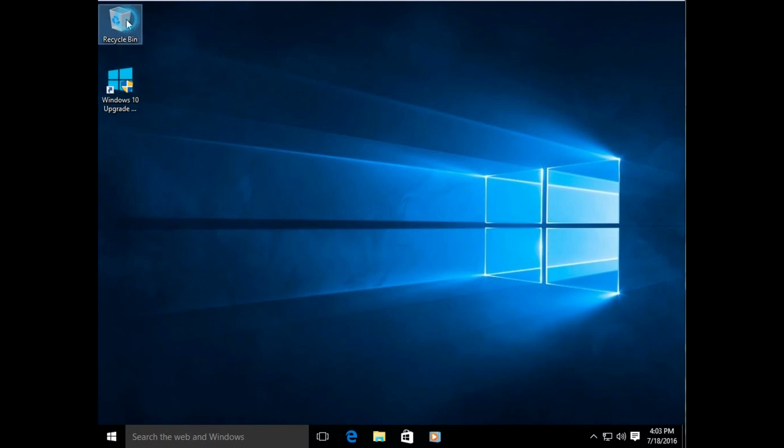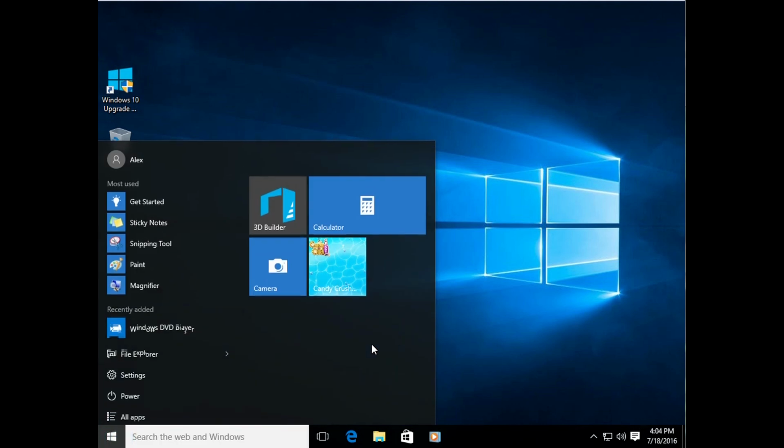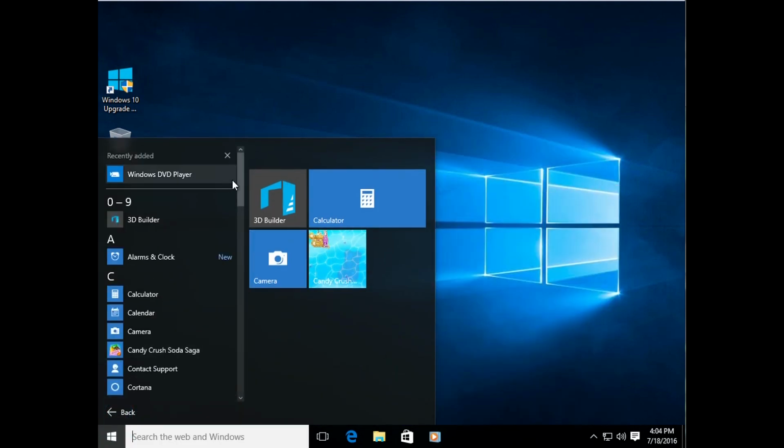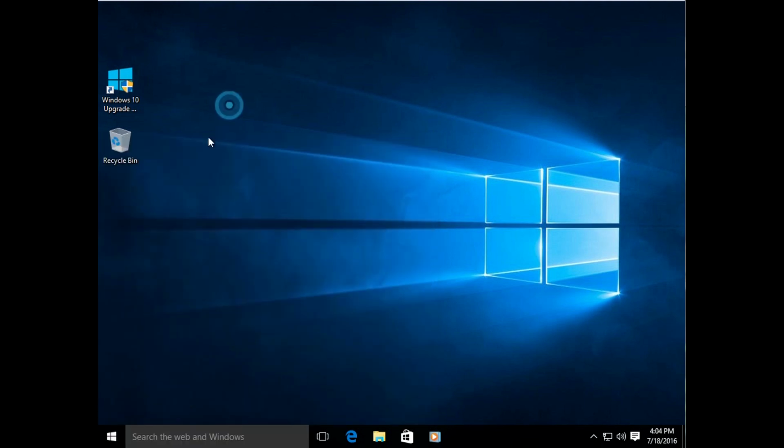If I highlight the icon, I can just see that it's selected, okay? Now, if I select an icon with a single click on my desktop, I hope you're following along. If I left click, I can hold and drag, just like we talked about holding to expand our start menu, and dragging and holding like we did over here. I can click, hold, and drag and move things. I can highlight them, which I may want to do for whatever reasons. You probably don't need to worry about that now. We might get into that later, but just know that a single click does not open it if it's on